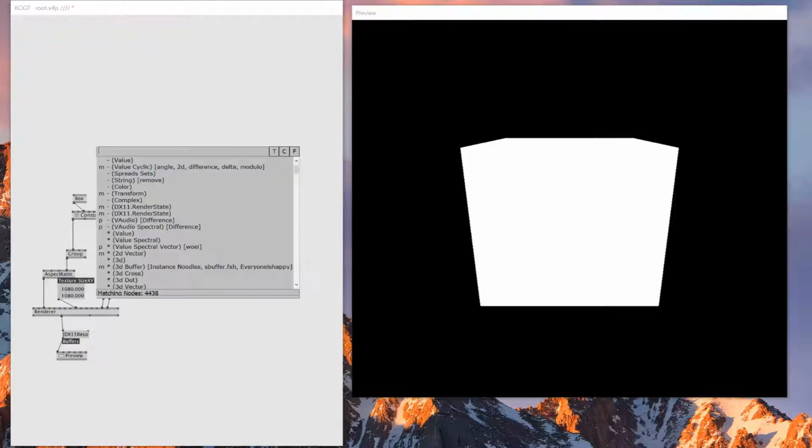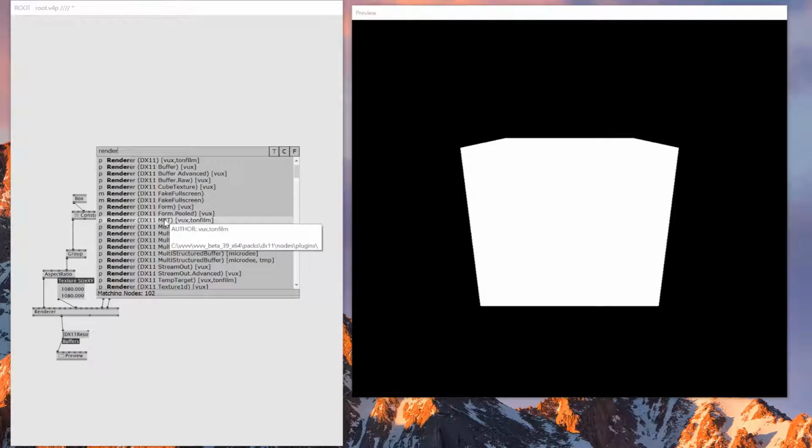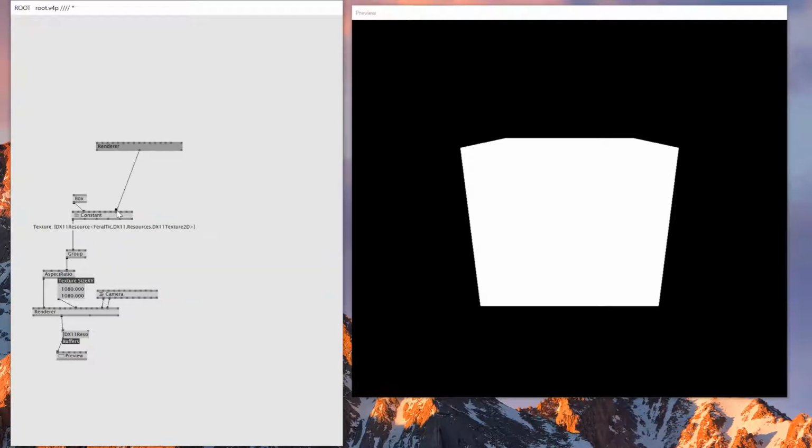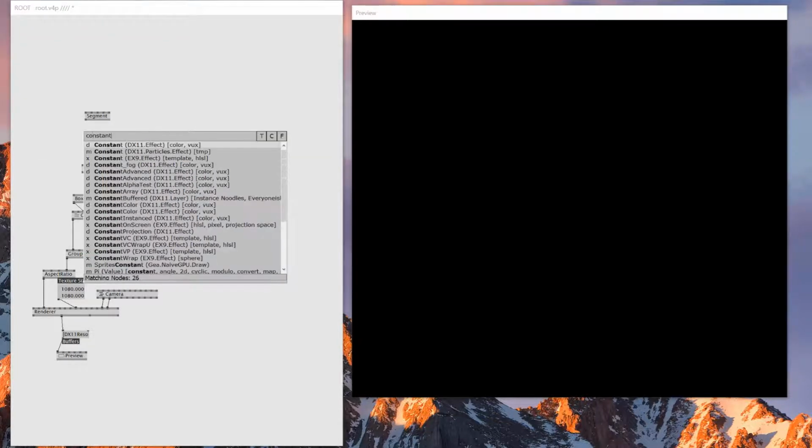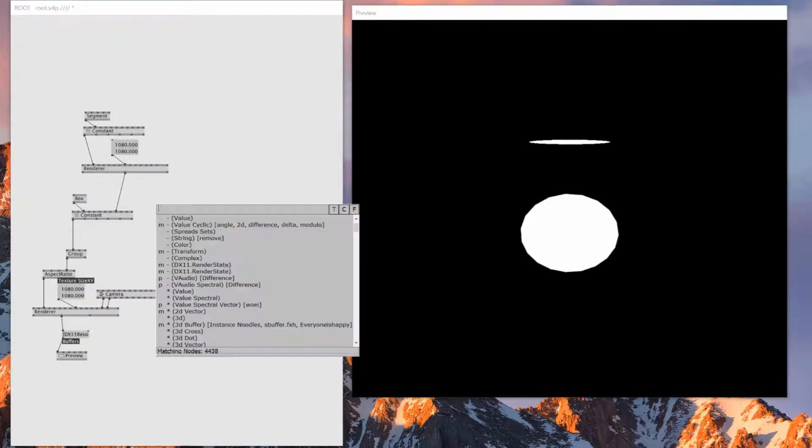Oh yeah, I think I'll just create another render MRT, and then I'll connect this one to the constant, and then I'll set the texture size to 1080 by 1080 as well, and then I'll just create a segment, so geometry, and then I'll connect the constant. So this is going to be my texture, so I'll create another preview to just see what kind of texture